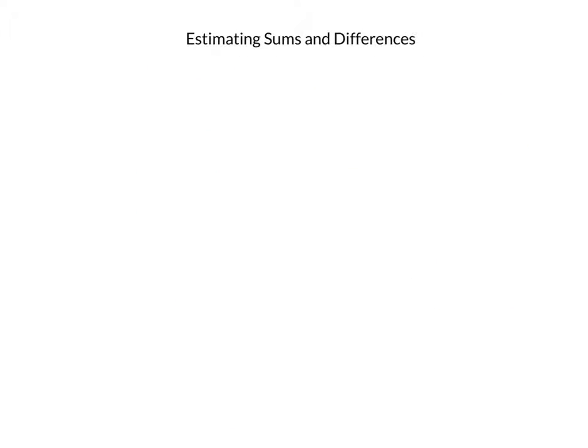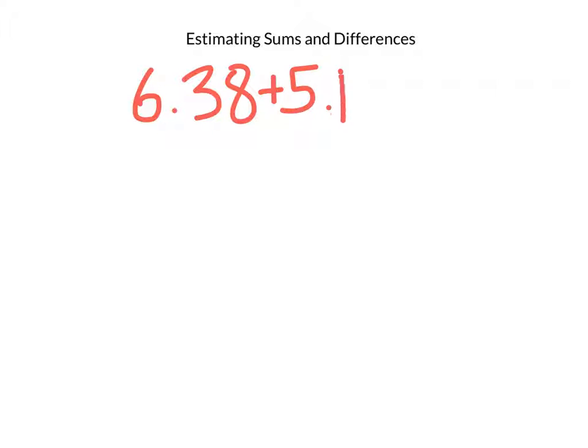Here's another example. 6.38 plus 5.14. Well, if we're rounding to the nearest tenth, here's my tenths place value. I look to the right and it's an 8. So am I going to round up or down? I hope you said up, because if it's 5 or higher, we round up. So the 3 becomes a 4. And then I include everything that came before that. So I have 6.4 plus